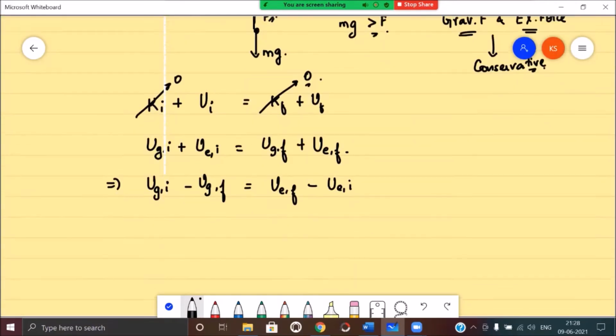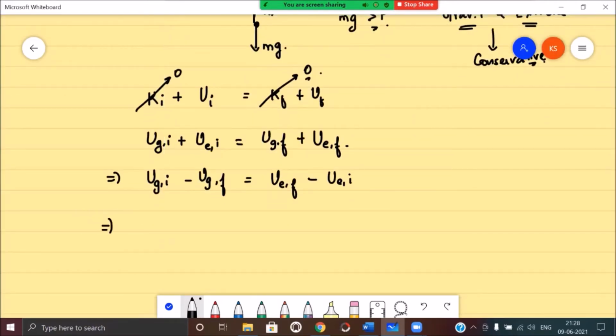And the gravitational potential energy formula over here is pretty obvious. Your initial gravitational potential energy of this particle is mgh. The final gravitational potential energy of this particle, we can assume it to be zero. We'll take that as a reference level over here. And now how do we calculate the change in electrostatic potential energy? So we'll say that the change in electrostatic potential energy experienced by this charge is nothing but the Q value, that is the charge of that particle, multiplied with the change in potential.